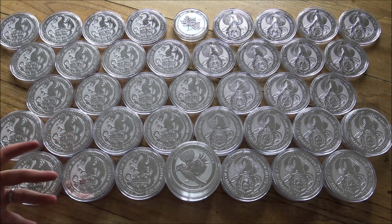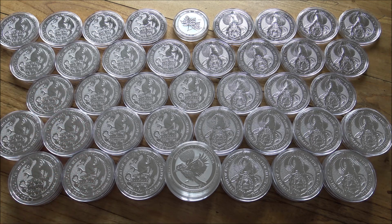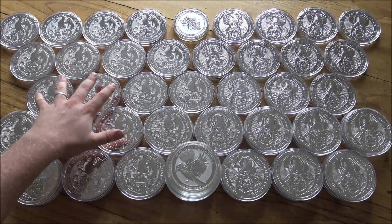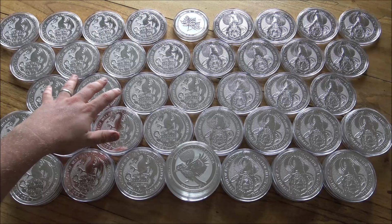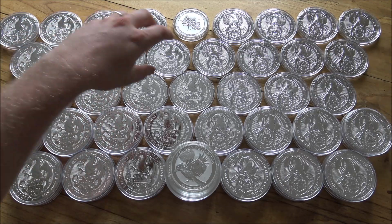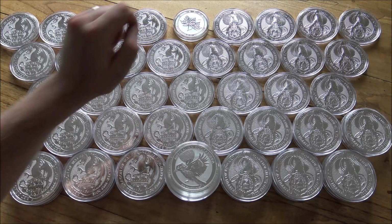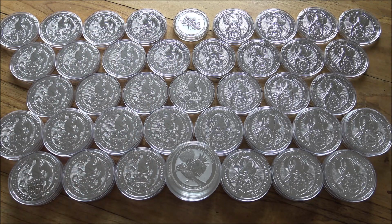I've seen these coins before, I've got a couple of these coins for myself, but I've never seen them in this quantity. We have here 58 Queen's Beasts split between the Dragons and the Griffins, and we also have a 10-ounce Kookaburra and a 10-ounce multi-leaf Maple. And these have all come to me for a very brief amount of time as part of the group order which I arranged via the Silver Forum from the European Mint,